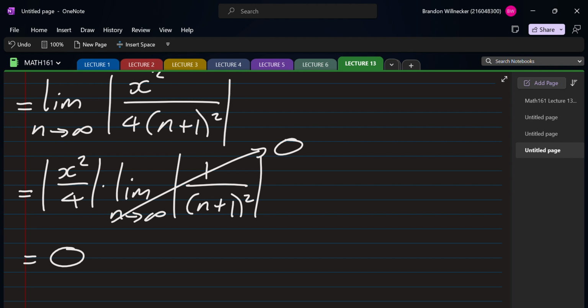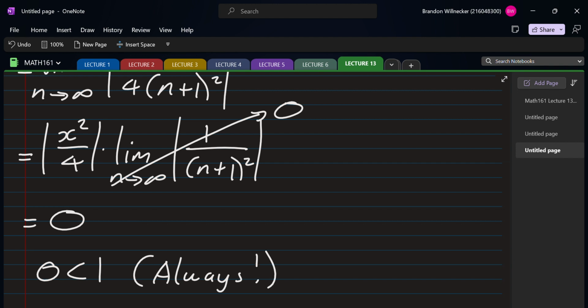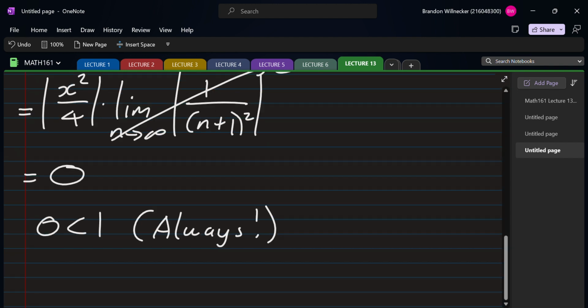Now we want to check, when does this converge? It converges when this limit value is less than 1. But 0 is always less than 1, so it always converges. So 0 less than 1, always. So it doesn't matter what x is. It can be any x value. The series converges